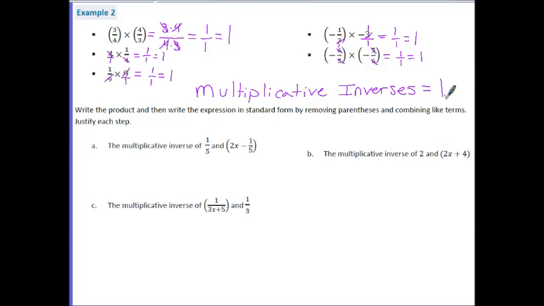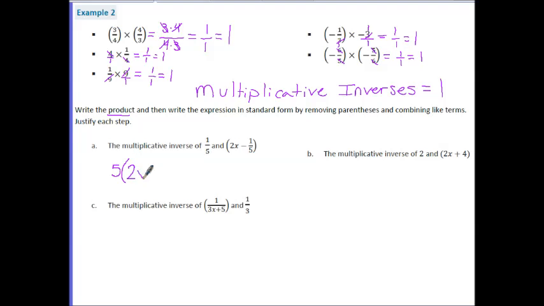So we are asked to write the product and then write the expression in standard form by removing the parentheses and combining like terms and to justify each step. In part A, it says to multiply the multiplicative inverse of 1/5. So if I'm going to take the multiplicative inverse of 1/5, it's actually asking me to take the reciprocal. So the reciprocal of 1/5 is 5 over 1, and 5 divided by 1 is 5. We are multiplying that